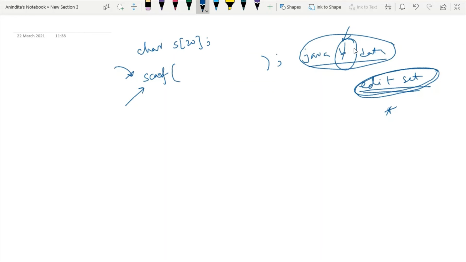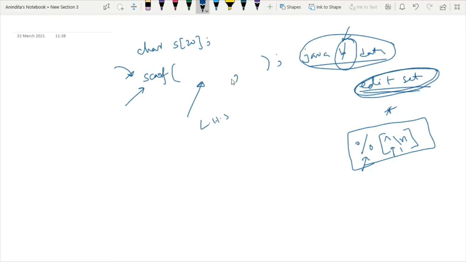Now how will this edit set look? See, the syntax of this edit set will be percent, square bracket, and then we have the caret symbol and backslash n. So this is the syntax of the edit set. All are the components of the edit set. And where should I write the edit set? I always have to write the edit set on the left hand side, the left hand side of this comma.